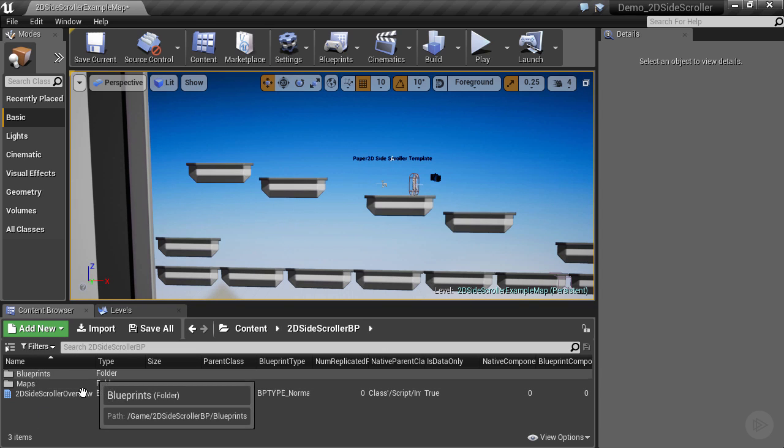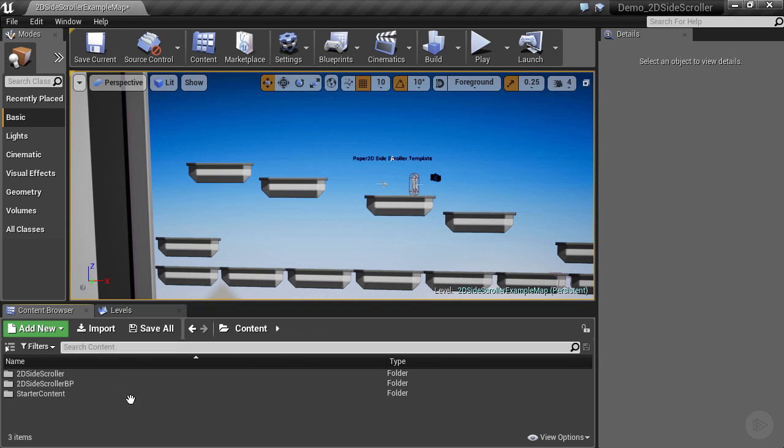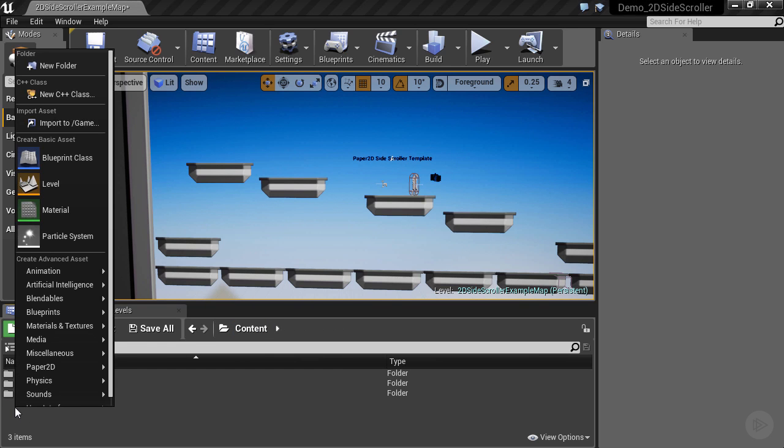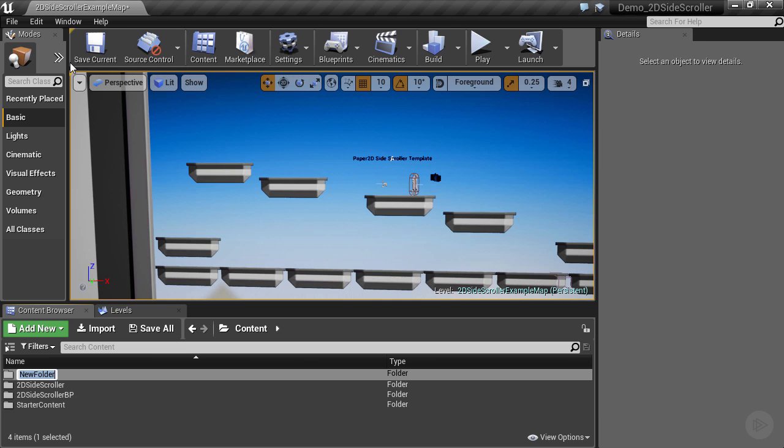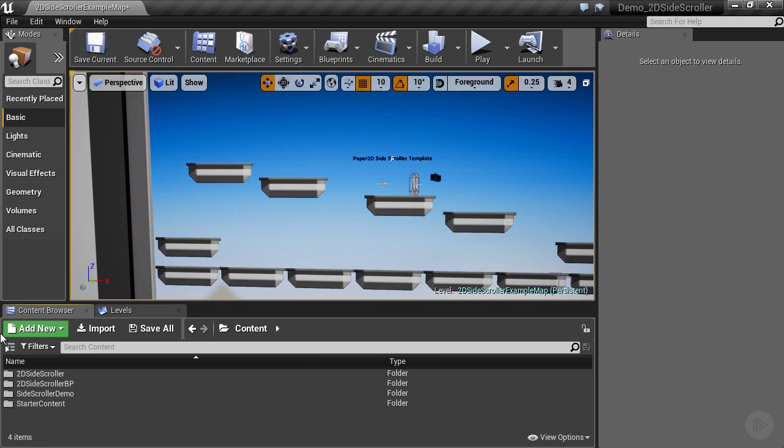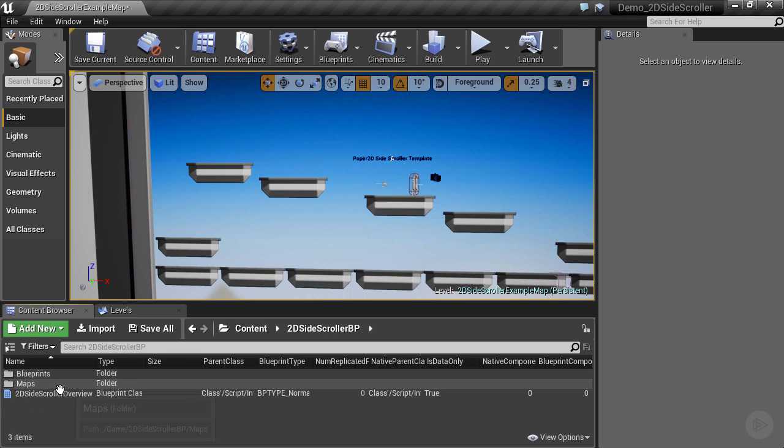So first, let's do a little bit of organization here. Go to the content browser, and we'll organize some folders for our own content. So we'll create a new folder on the root level of the content browser, and we'll name it Side Scroller Demo. This is where we'll keep all of our project files